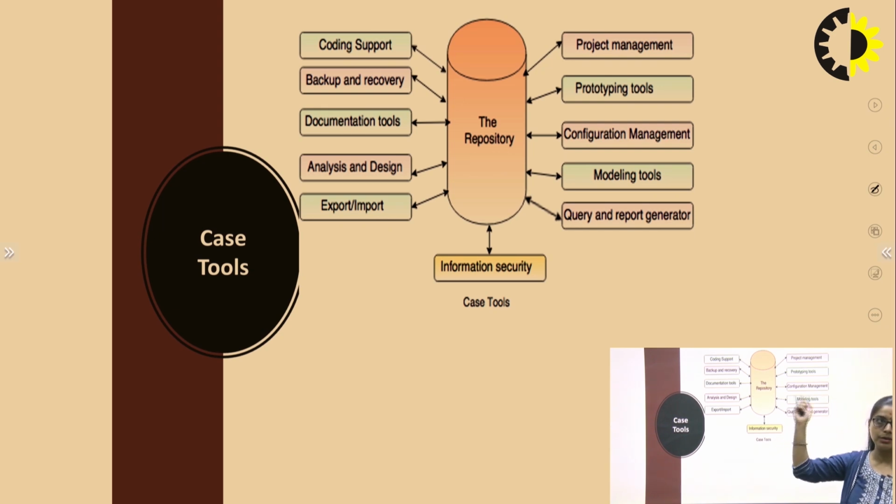So in this particular repository, so many CASE tools are there. Some examples are shown in this particular diagram: coding support, backup and recovery tools, documentation tools, analysis and design tools, export and import tools, information security tools, query and report generators, modeling tools, configuration management, prototyping tools and project management tools. So these are some tools which are very helpful or beneficial for any customer, say the engineer,